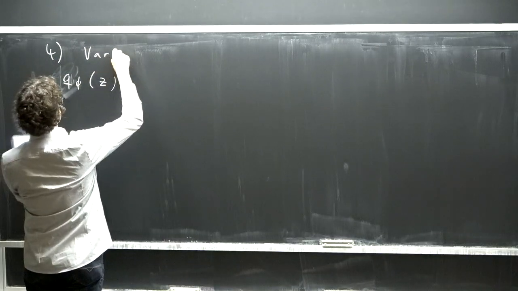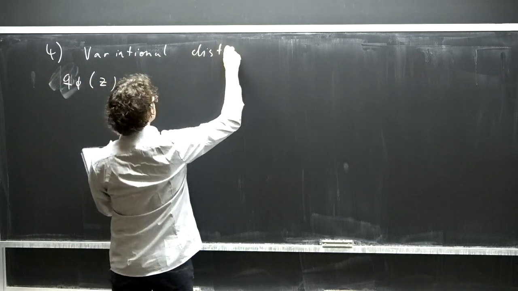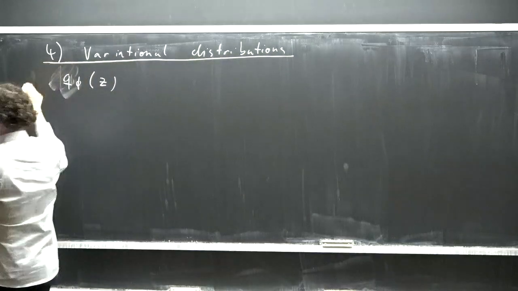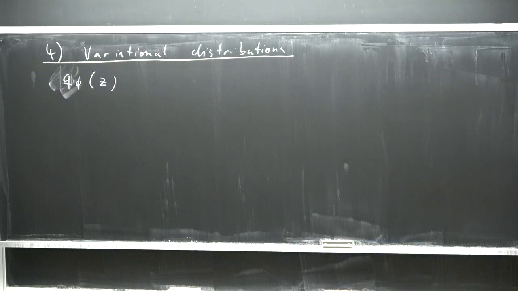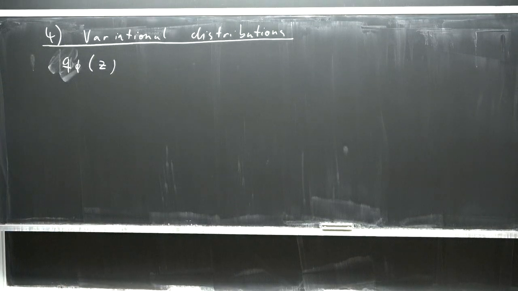So the first thing is variational distributions. How can we parameterize in a flexible way a probability distribution that is normalized to 1? And on top of that, as we saw for calculating the ELBO, we also need information about the entropy of this function. Just taking any arbitrary neural net wouldn't work because it's neither normalized to 1 nor non-negative, and we in general will not know what the entropy is.